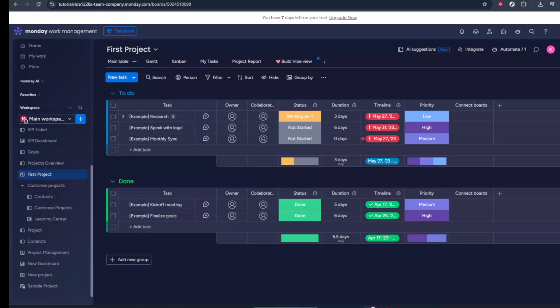In today's video, I'm going to teach you how to link items between boards in monday.com. Linking items is really helpful when you're managing related work across multiple boards. For example, you might have a high-level projects board and a separate tasks board, and you want to connect specific tasks back to their parent project. By the end of this video, you'll know how to set up that connection so information stays in sync and